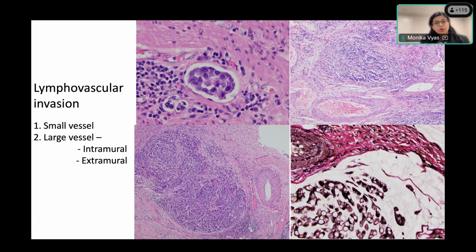So what you would do in those cases, if you're confident, if you can see some remnant venous wall adjacent to the vessel, you can report it on H&E. Sometimes doing an elastic stain will help demonstrate elastic fibers investing the wall around the tumor. That will tell you that this is